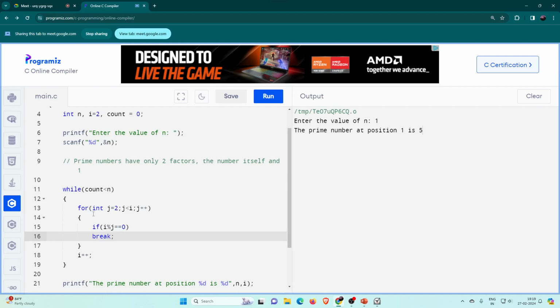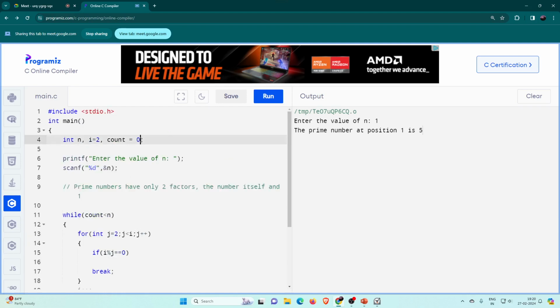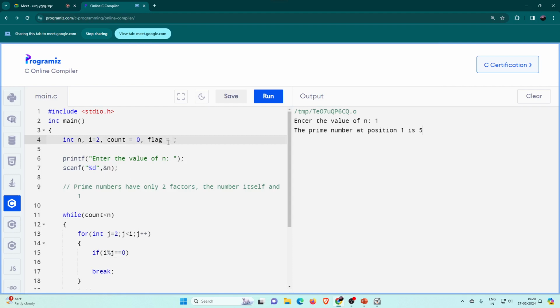I have one longer method to do this. I'll scan through the whole thing, right? I'll add one more variable, flag equals